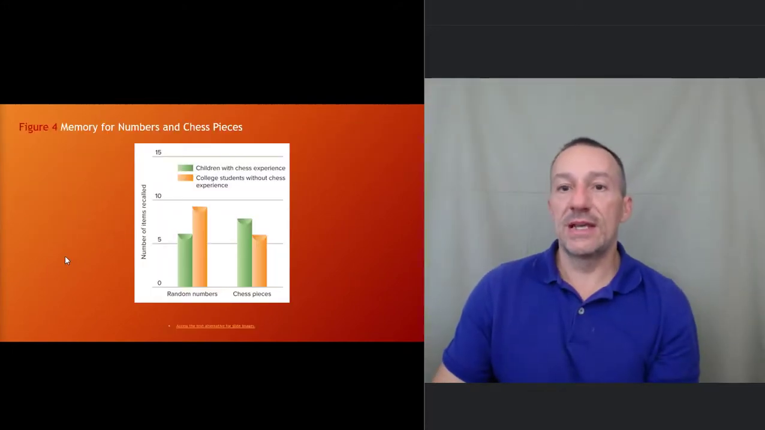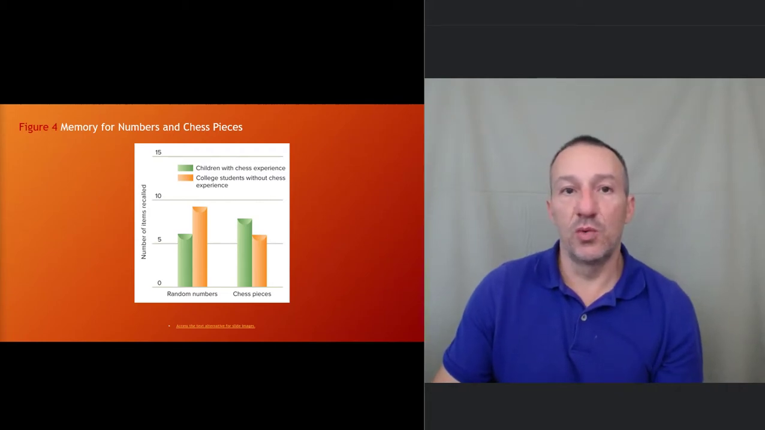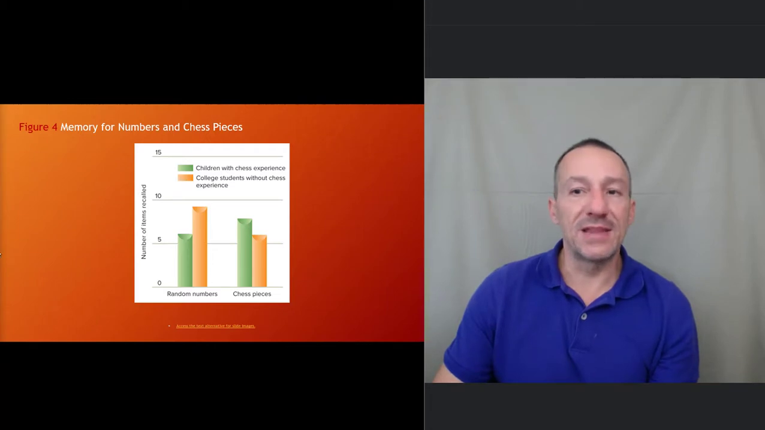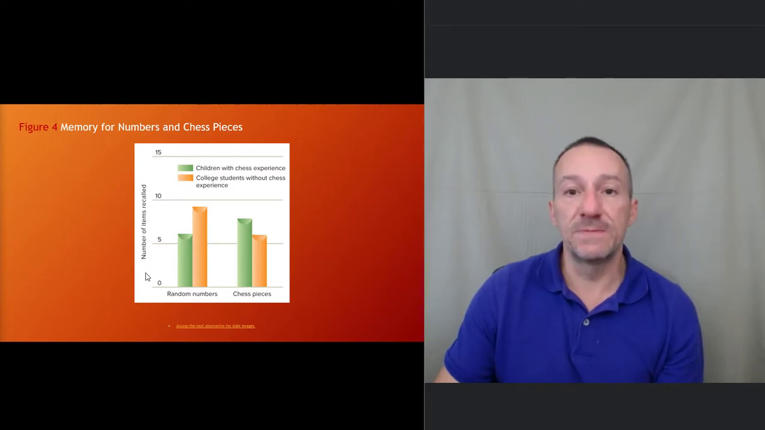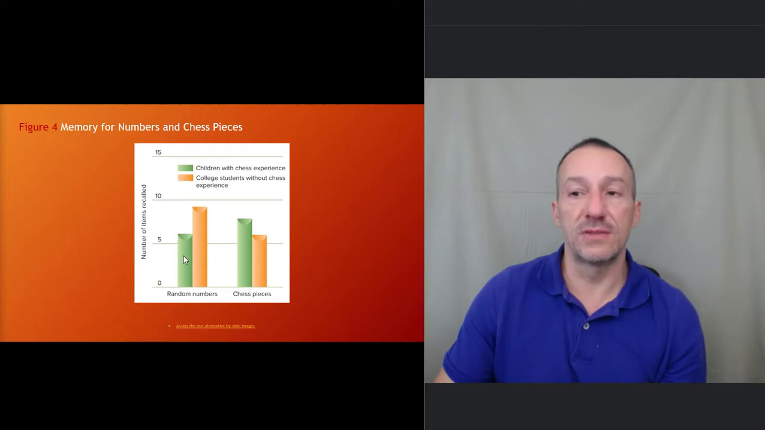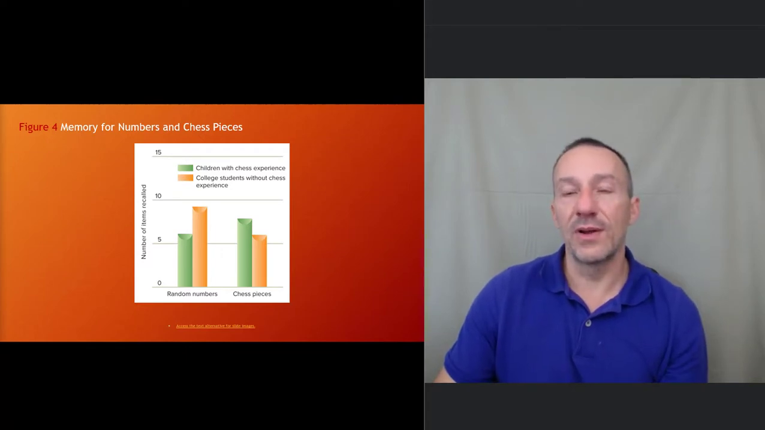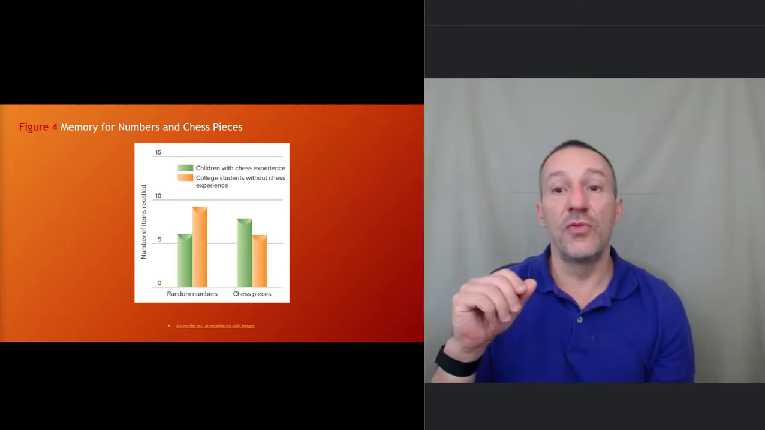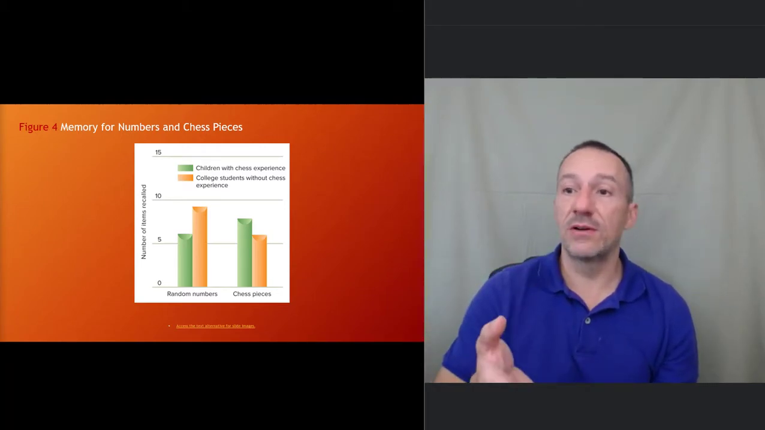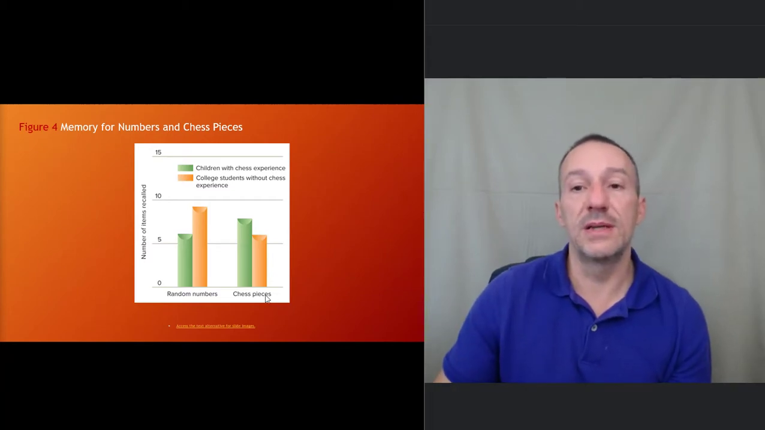And so in this example, what they did is they took children who were chess experts. These were kids who were 10 to 11 years old, and they pitted them against college students, and they did a couple of memory tasks. So one memory task was just remembering random numbers. And college students were able to do significantly better than the 10 to 11-year-olds. So good job. However, these 10, 11-year-olds, when they had them remember locations of chess pieces on the chessboard, the experts, even though they were 10 or 11, were able to outperform the college students on that